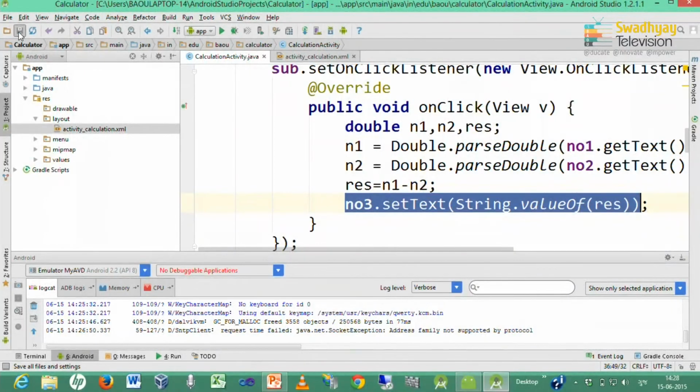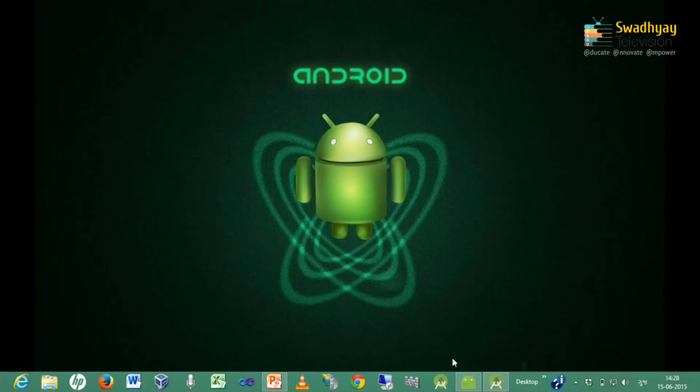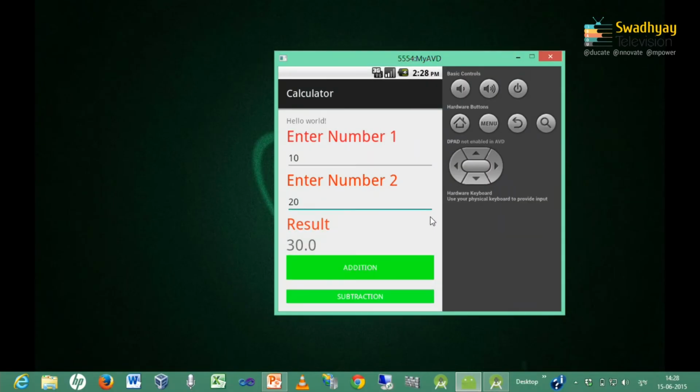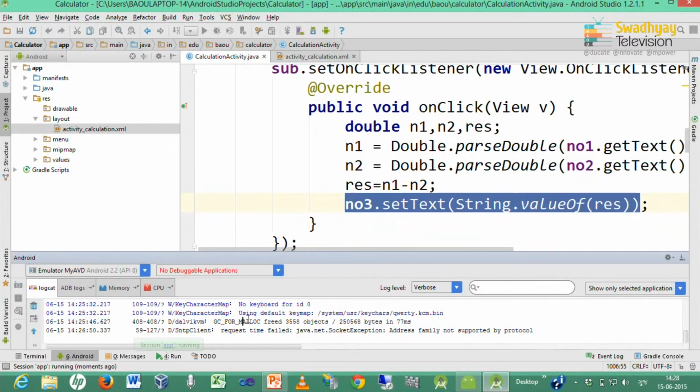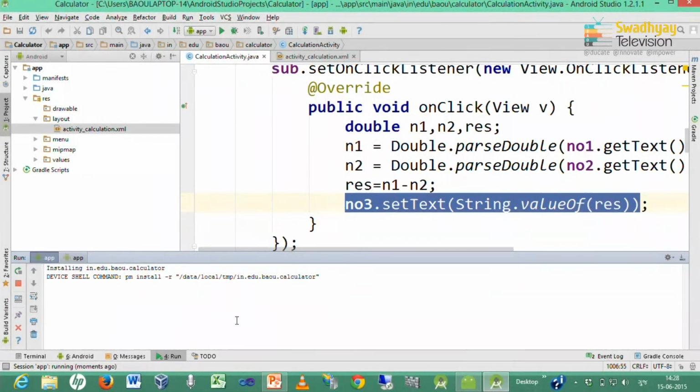So, every time you do modification you have to save and run your application. So, now it will load updated application into emulator. So, you have to watch for any message inside this run window.